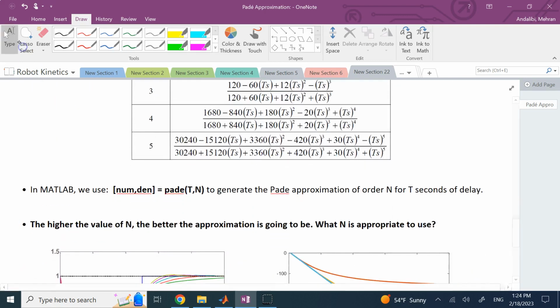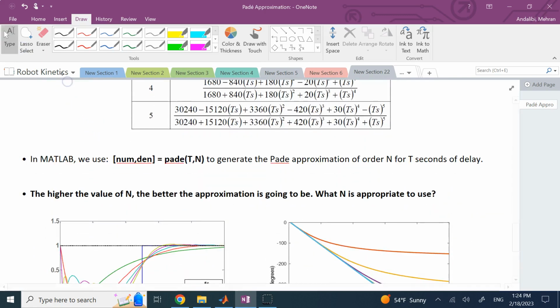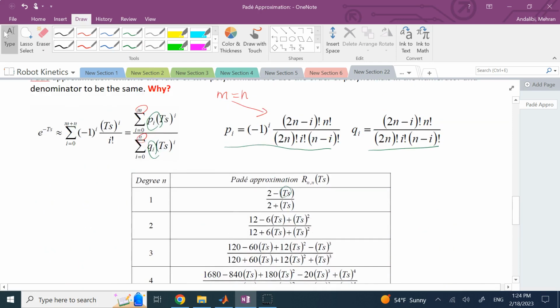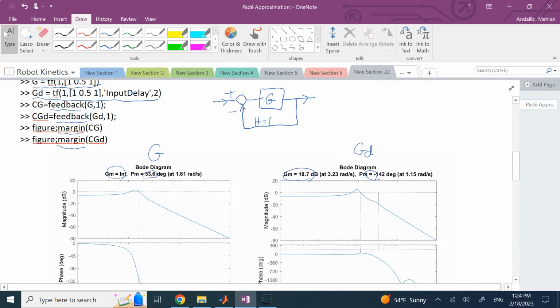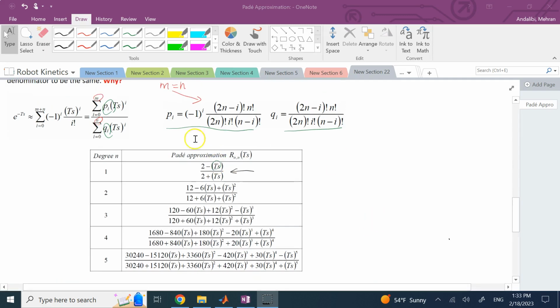You can use the MATLAB command. MATLAB command also takes advantage of these formulas, and we're going to see that. So you pass to the Padé command in MATLAB the delay and the order that you want for both numerator and denominator, and it gives you the coefficients of the numerator and denominator, so you can use the TF function, or transfer function, to create the physical systems, this command here. You can also calculate it by hand too, but to save the time, I'm not going to go over that, but basically that's